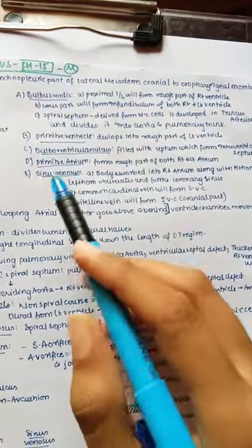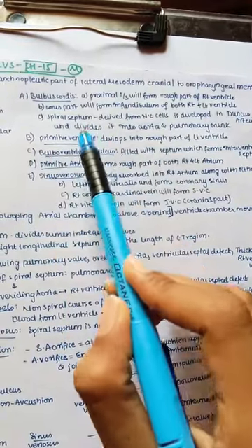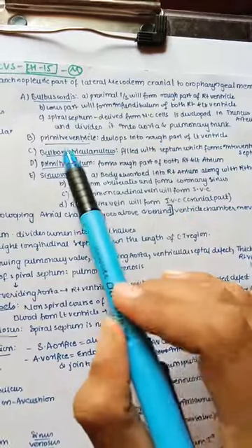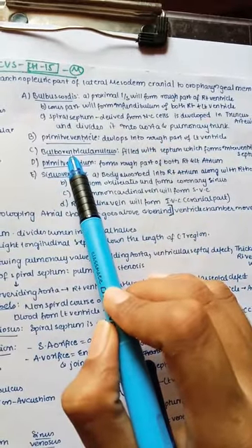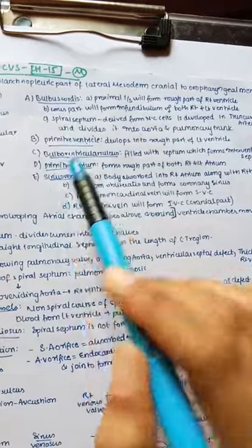And next, the primitive ventricle. Of course, as the name suggests, the primitive ventricle gives rise to the ventricle, but remember that it only forms the rough part of the left ventricle, while the right ventricle is formed from the proximal 1/3 of the bulbus cordis. So both together form the right and left ventricles.